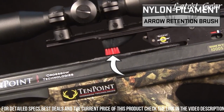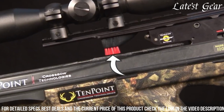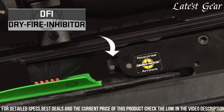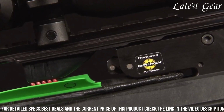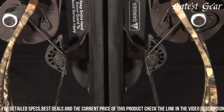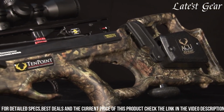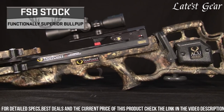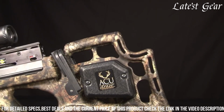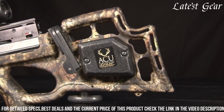The crossbow also features a built-in string stop system, which reduces vibration and noise to enhance stealth on the hunt. The Shadow NXT comes with a 3-arrow quiver and 3 Pro Elite carbon arrows ready to use right out of the box. With its durability, accuracy, and user-friendly features, the Tenpoint Shadow NXT is a top-tier choice for hunters who demand performance and reliability in their crossbow. Whether you're pursuing big game or targeting smaller prey, this crossbow will deliver the power and precision needed for a